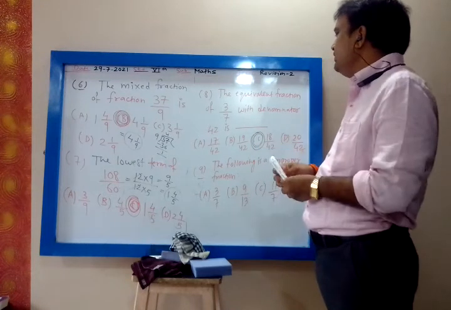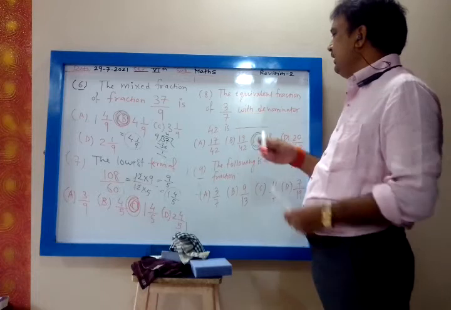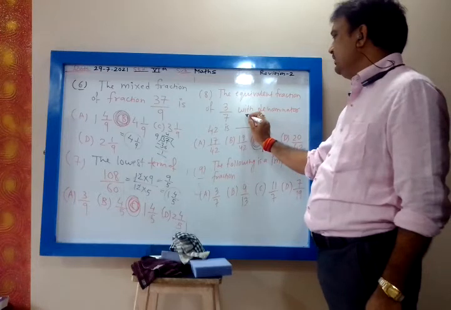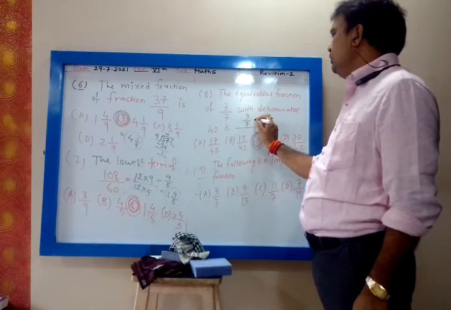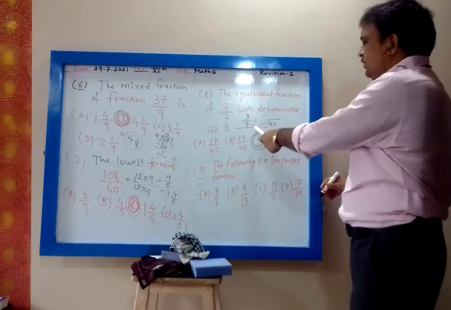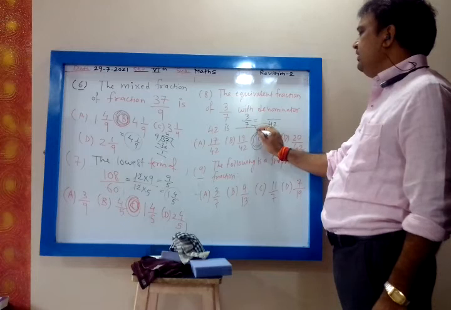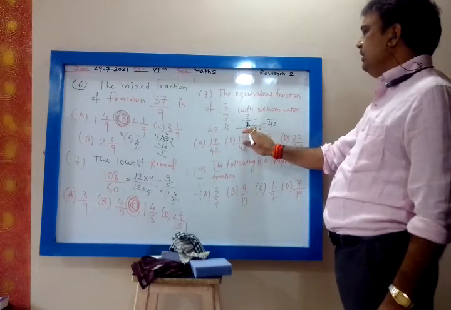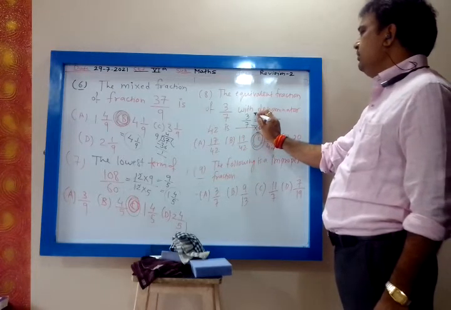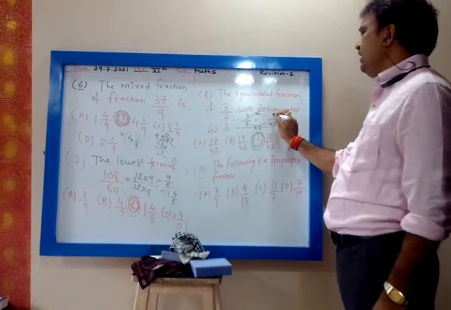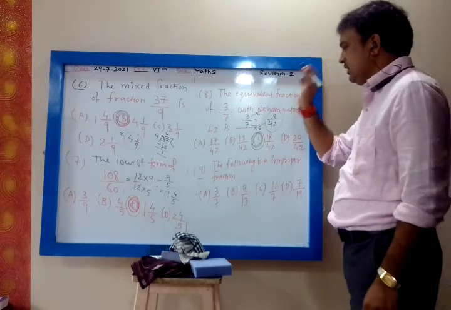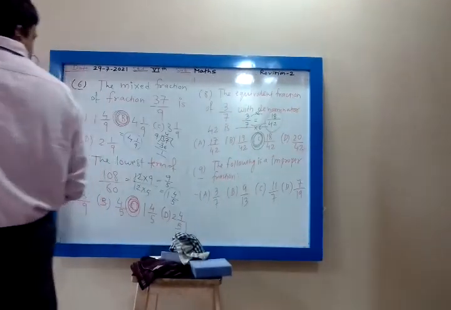But before locking, we have to check the answer. So 3 upon 7 is the fraction. Okay, let us see. My dear, it is very much clear. 3 upon 7 is the fraction. Now you want denominator of this fraction 42. Correct? So that means 7 you have multiplied by 6. To make denominator 7 as 42, 7 you have multiplied with 6. So 3 you will multiply by 6. So 3 sixes are 18. 18 upon 42. So C is the correct answer. We lock this answer. 18 upon 42.